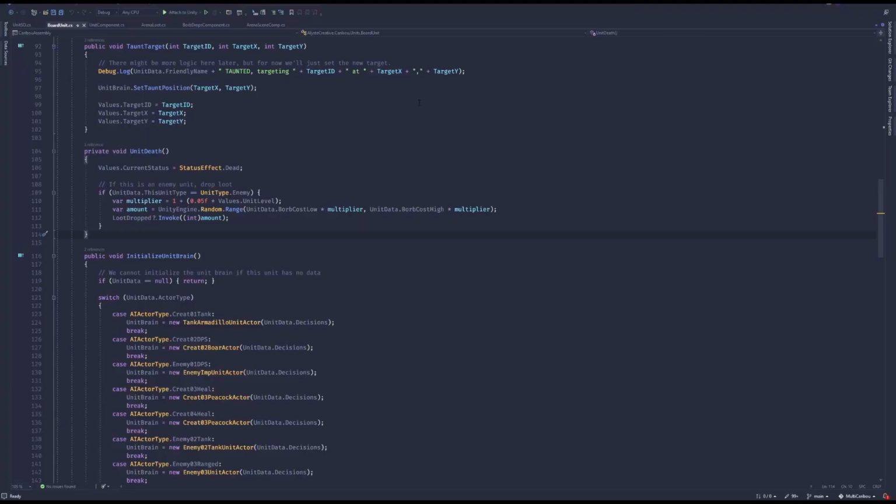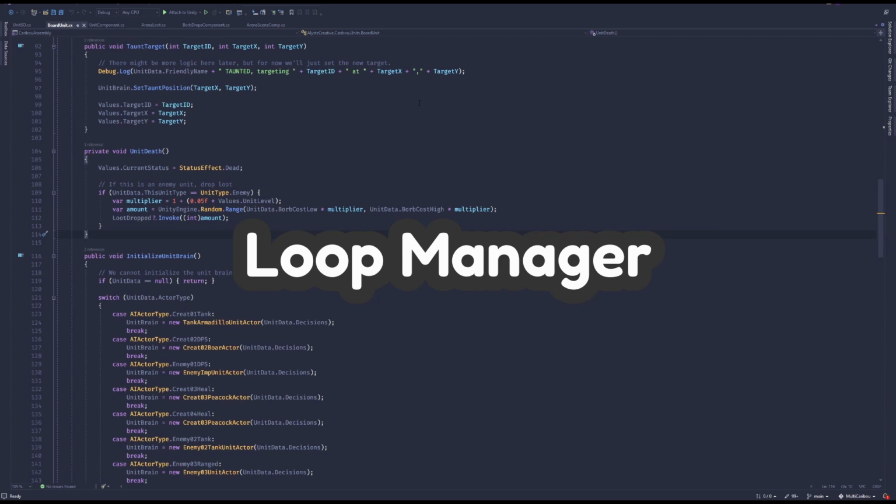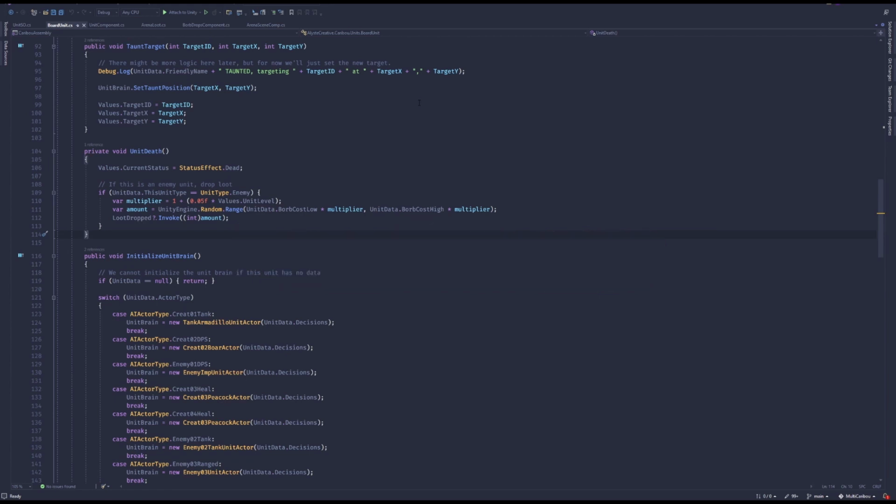So when I started this work, I had some of the pieces done. I had the combat system done, of course. I had a basic inventory that let you add resources. I had a class called Arena Loot, which represents the loot that is on the ground in the arena before it goes into your inventory, before you pick it up. And then I also had the Loop Manager, L-O-O-P, Loop Manager, which handles transitions between all the phases of the game. So it handles when you go from planning phase to action phase, back to planning phase, until you get to